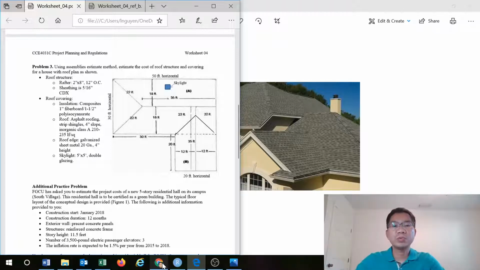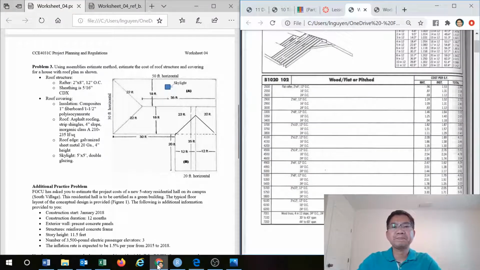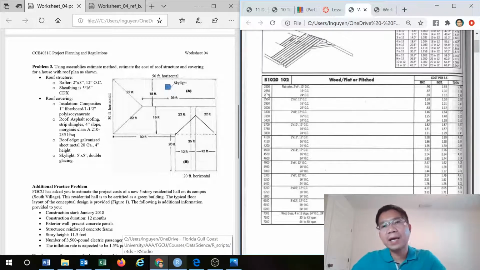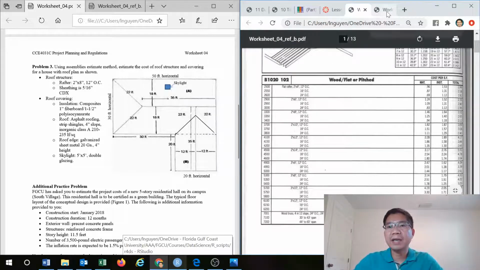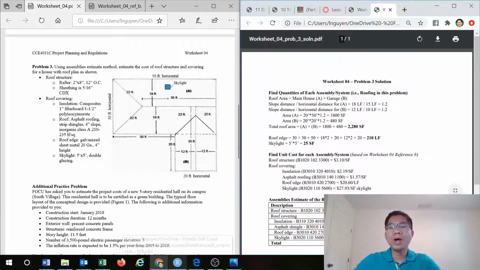What we need to do is visualize that in 3D, not 2D with everything flat. So with that, we can go ahead and find out the areas, and we have the solution there. I'll just walk you through the solution for the